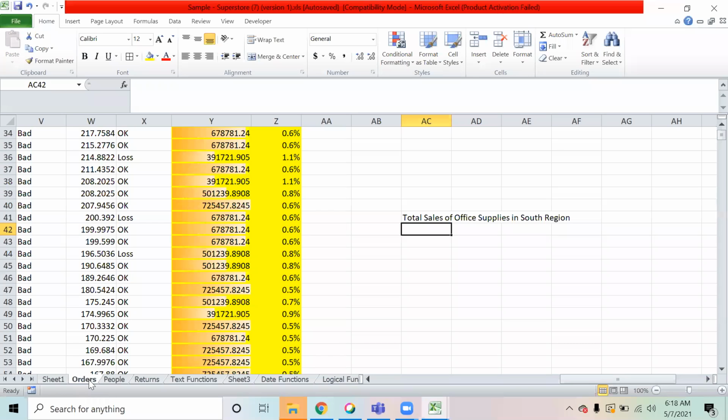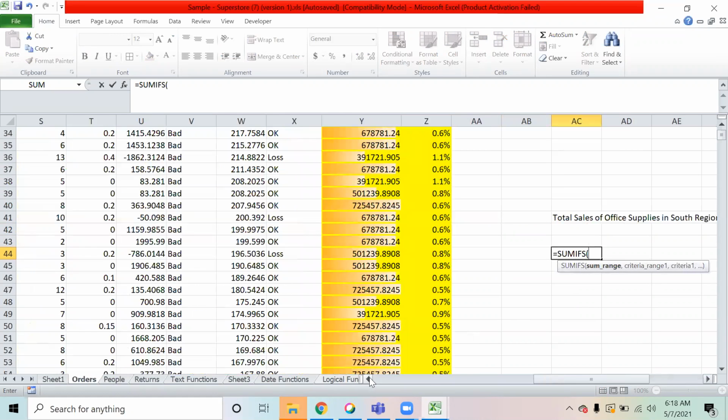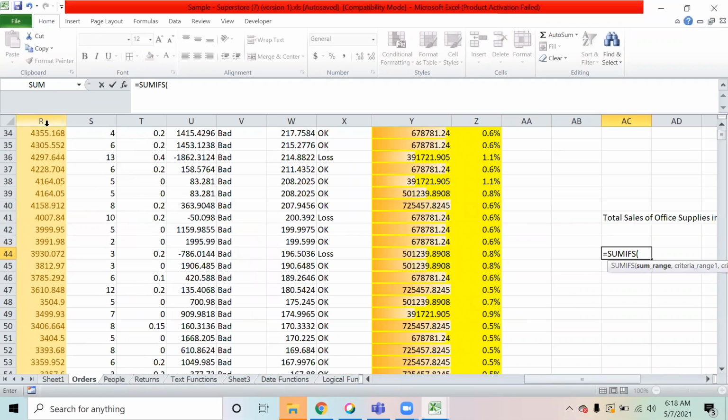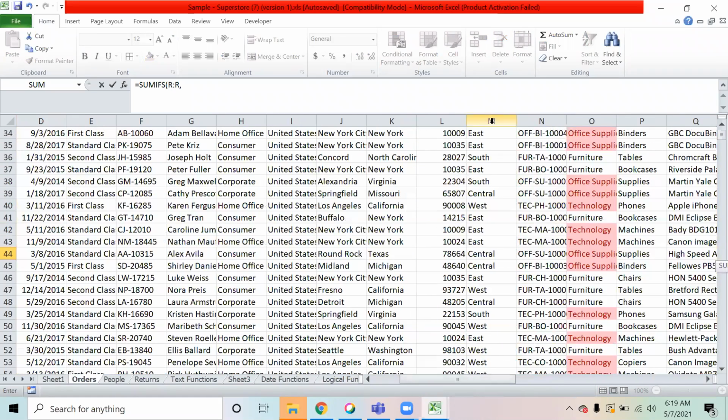Right? So if we apply it, I will say equal to SUMIFS, because we have two conditions. What is the sum range? Sum is of sales, that is this, comma, criteria range 1. What's the criteria range 1? That is the region, comma, what's the region?